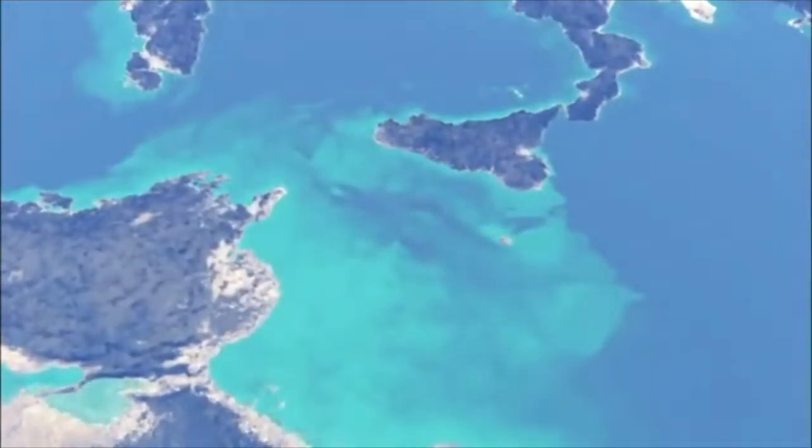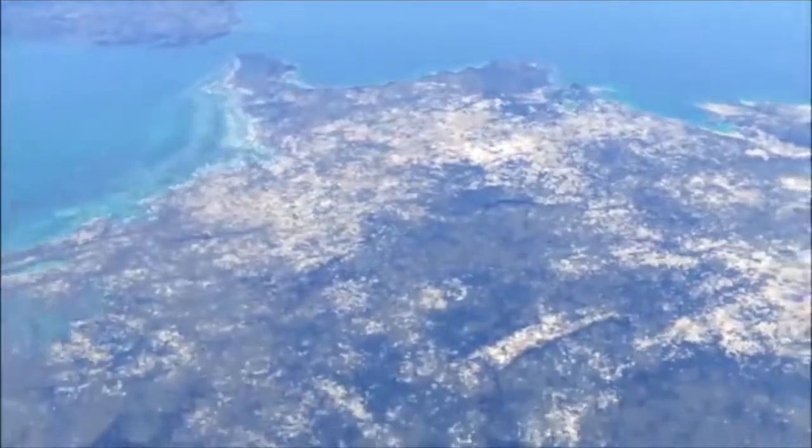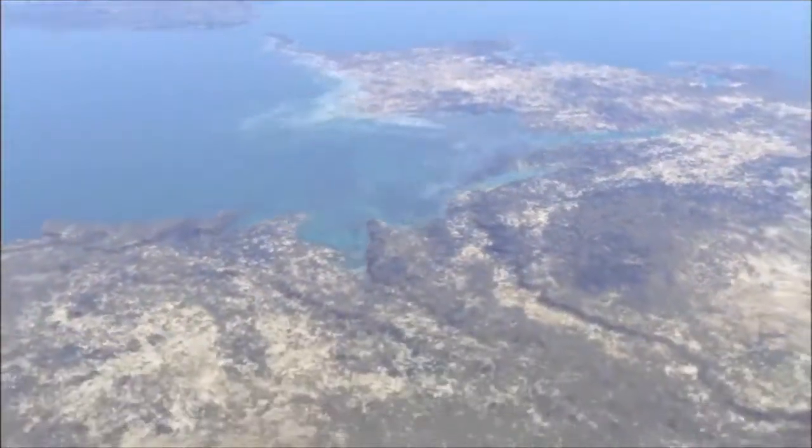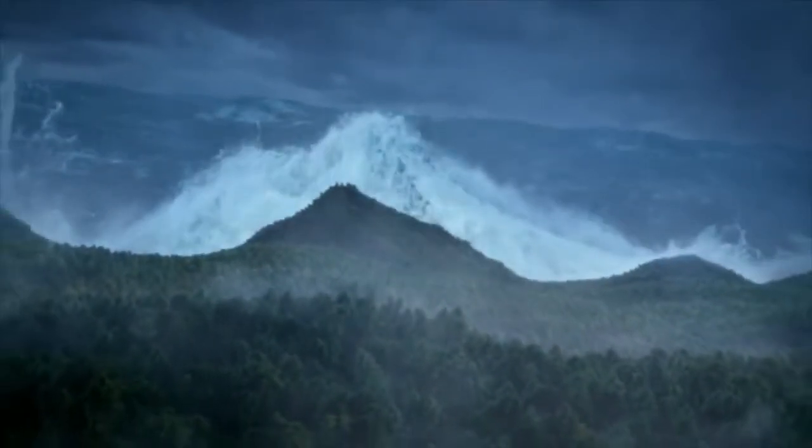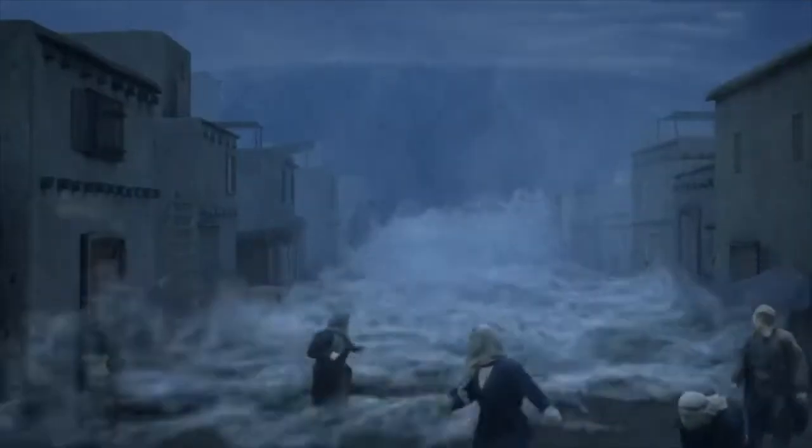Then, by the 40th day of the flood, this is when the Absaroka megasequences began hitting. The map showed that this is when things became much worse. This is when all of the land masses start to be submerged by the flood